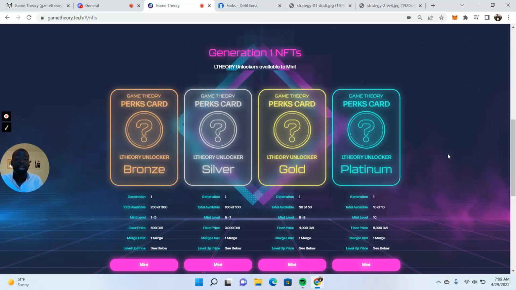We're also going to be having bonuses on the high score reward fee as well. So when you play Pacman, if you break the high score, you're going to get access to the rewards that are sitting in the pool. If you hold an NFT, you're going to get higher rewards than you would have if you don't hold an NFT as well. So there's so many different benefits that come from holding those NFTs on the investment side and on the gaming side as well. So we're really excited about that.